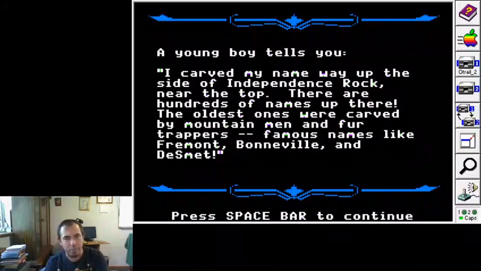So apparently there are some famous names. I guess if you want to look them up, famous names of people that carved their names on the rock. All right.